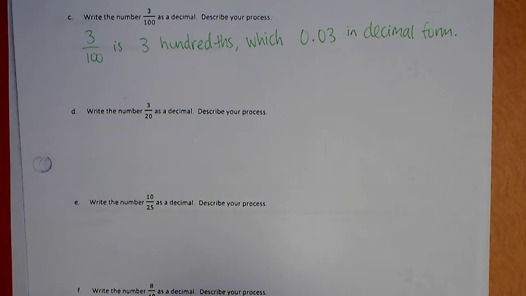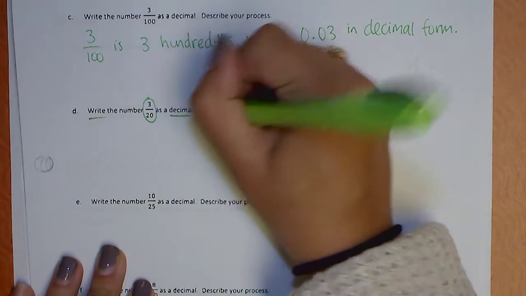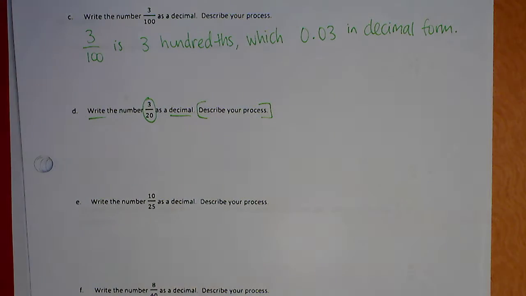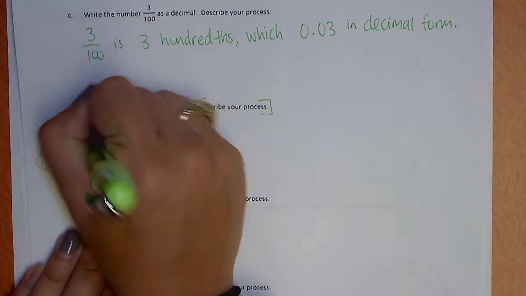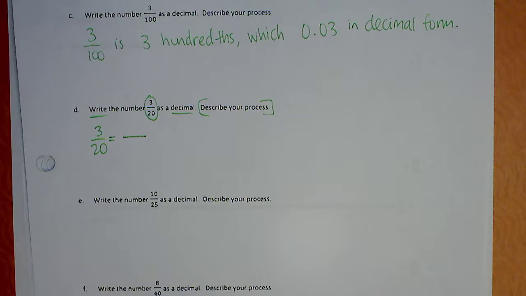Part D has the number 3 over 20. They want us to write it as a decimal and to describe our process. So I'm going to show you what kind of sentence I expect you to use when you're describing your process. 3 over 20, when we're turning it into a decimal, we need to find an equivalent fraction that has either 10 on the bottom, 100 on the bottom, 1,000, 10,000,